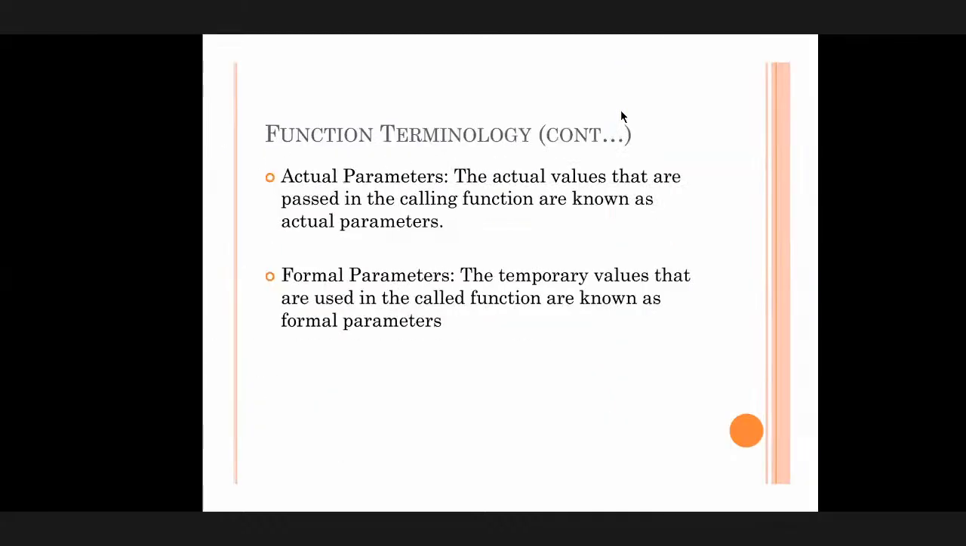Another one is actual parameters. Functions contain two different types of parameters: one is actual parameters and the other is formal parameters. The actual values that are passed in the calling function are known as actual parameters. In the function declaration, you can use some parameters; those are called actual parameters. Another one is formal parameters, the temporary values that are used in